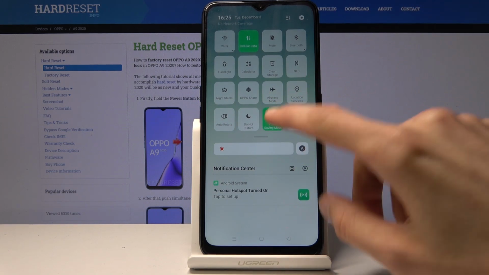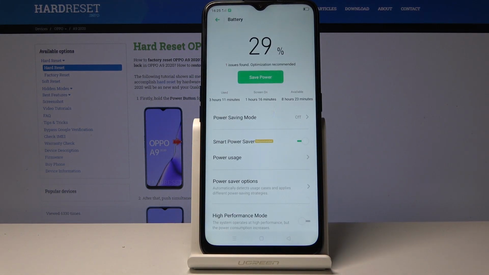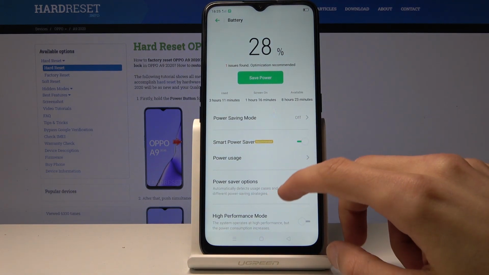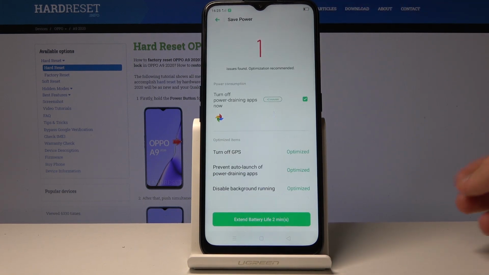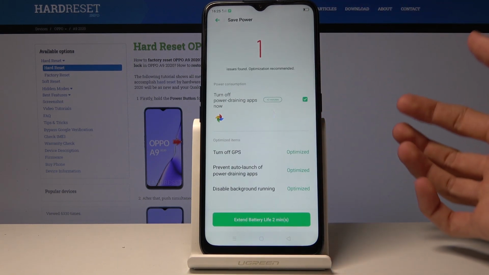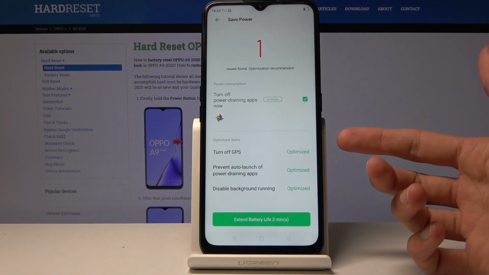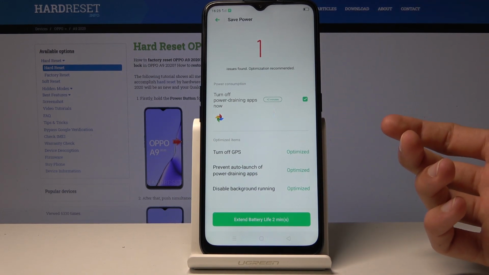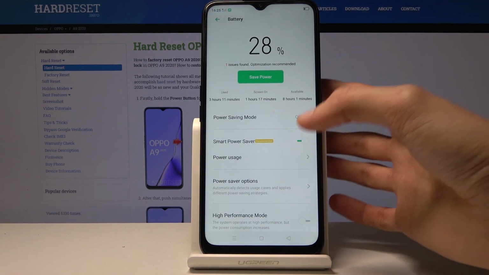And if you want to disable it, you can simply tap on it again to disable it, and you can also hold it to go into the settings, where you have a couple additional things that you can check around. So power saver gives you a bunch of things that you can basically optimize. So turn off GPS, optimize the power auto launch off, so you can go around, see what suits your needs,